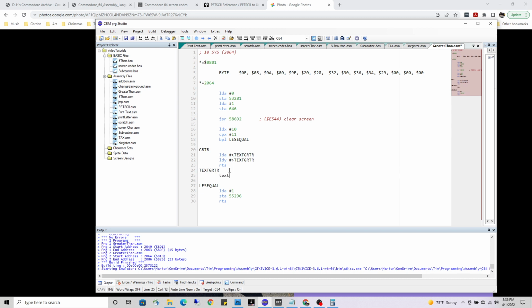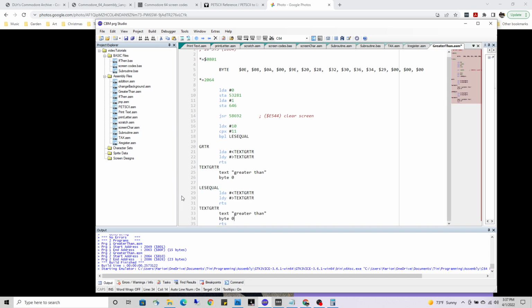We've done this before, text greater than, and then we want to terminate it. Oops. Go to the end of the line, terminate that with a byte of nothingness. Okay, an empty byte. Okay, same thing down here. Copy all this. I'm going to, again, keep the RTS bit, paste,